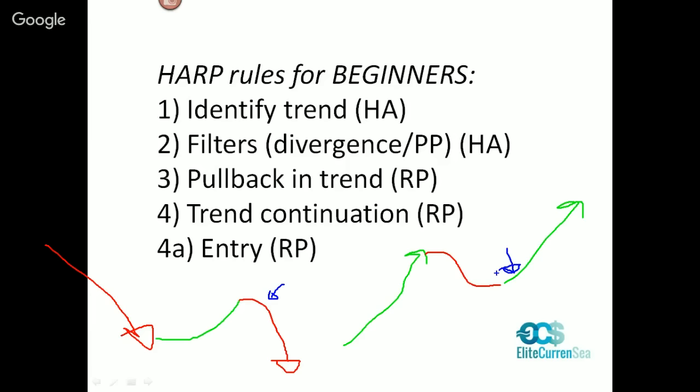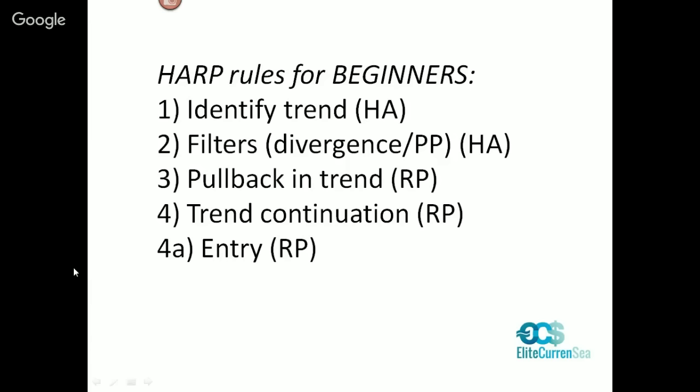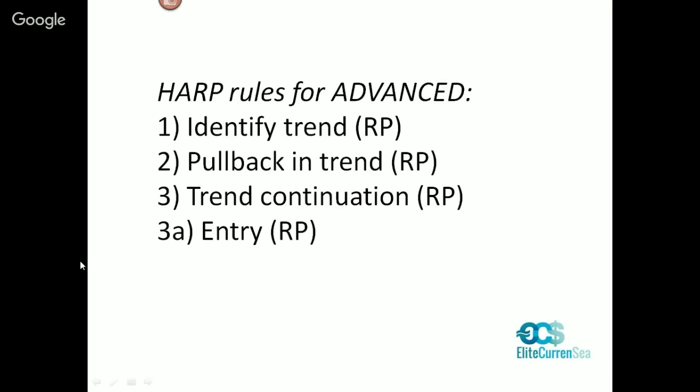That is if you start out with HARP. We have 2 templates to make the process easier and more comprehensive. We have different rules for advanced traders because we use only 1 template, in which case we only look at range price. You can always look at Heikinashi, it's never wrong. In fact, even advanced traders should look at 2 templates, but we use the Heikinashi for take profits and for exits. For more advanced traders, you can use only range price in your analysis and trading at first,